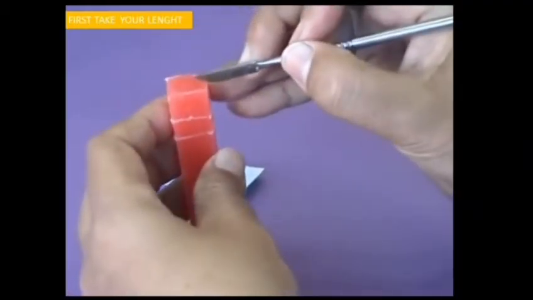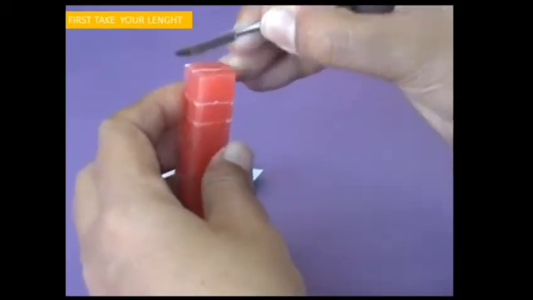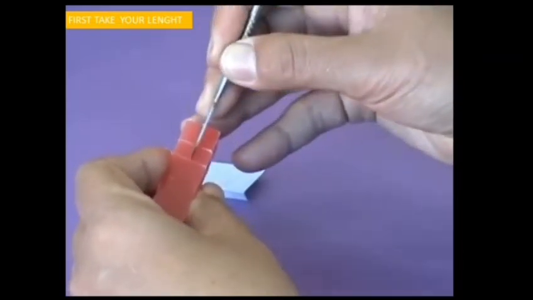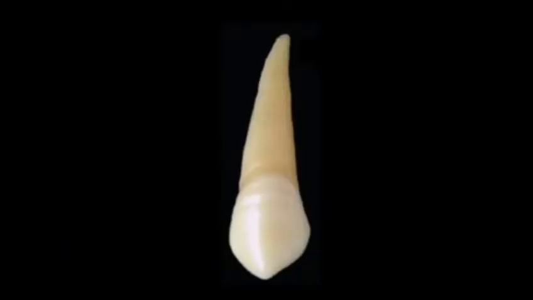Then draw your midline perpendicular on the cervical line and on the root portion. Cross to the other side. Now it's time to take the width of the crown of the upper permanent canine. The width of the upper permanent canine differs from that of the upper central. The upper central incisor or any other incisor has an incisal edge, while the canine has a cusp tip and